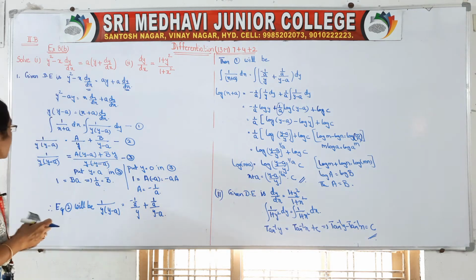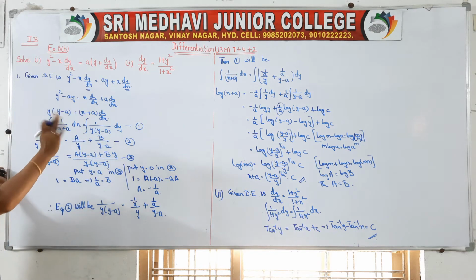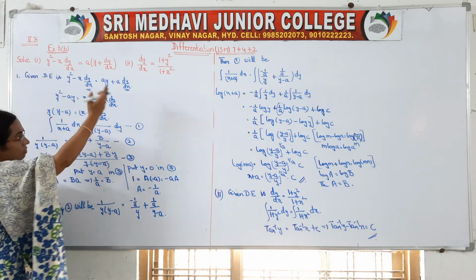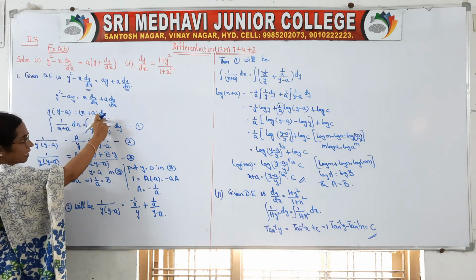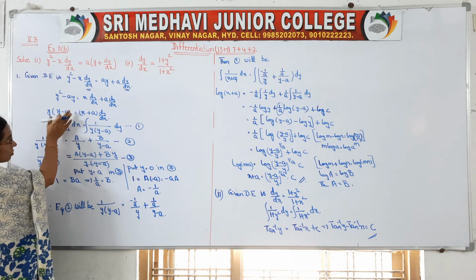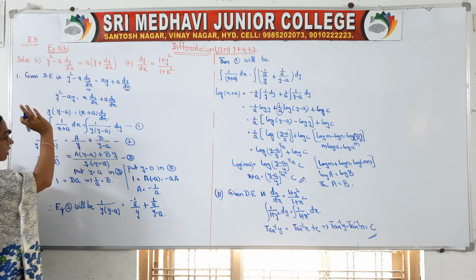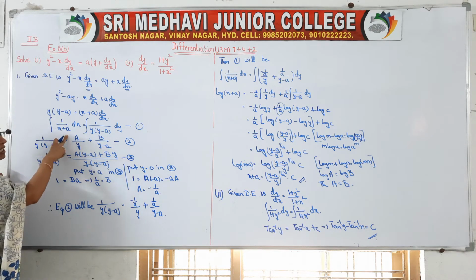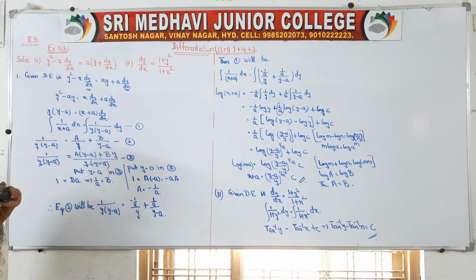So here in the first question, if you observe, two dy by dx terms are there. That's why we have to write the dy by dx terms together. Here this is negative, so send it to the other side. After that, take your dy by dx common. Then we have to do our variable separable form. If you observe, these are the x terms, these are the y terms. From this we can take y common, isn't it? Then we can write 1 by this. That means along with dx, the x term should come, and along with dy, the y terms should come.